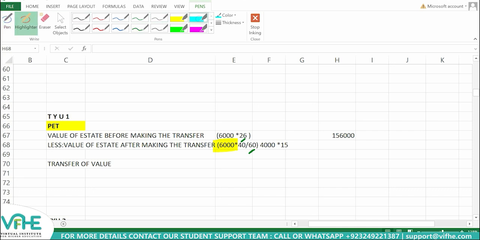That shows that the number of shares, if one is holding 40% shares in the company, is equivalent to